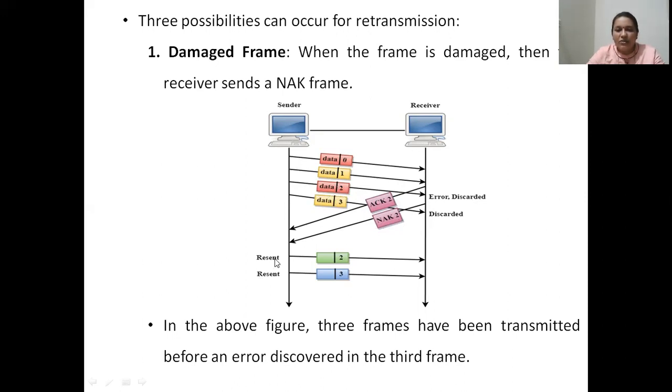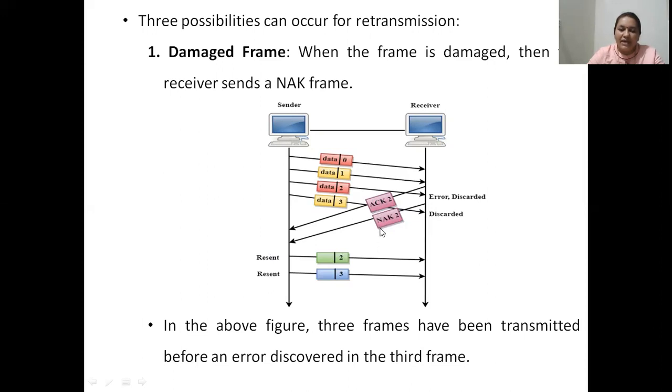So seeing NAK 2, the sender not only resends data 2, it also resends data 3, because the go back N protocol is in use. In go back N, the sender will resend all those packets between the previous positive acknowledgement and the current negative acknowledgement.